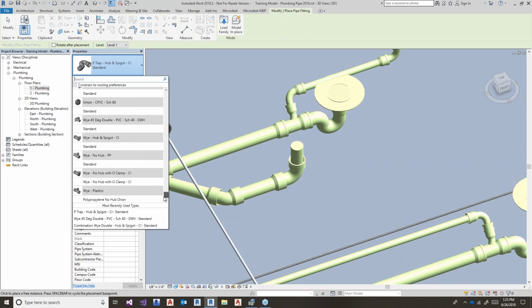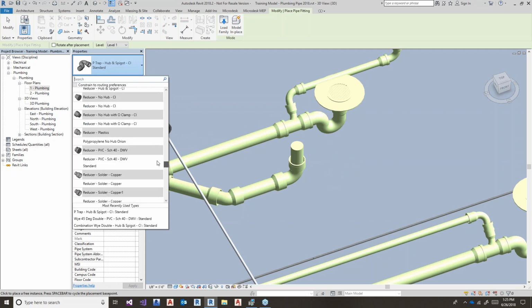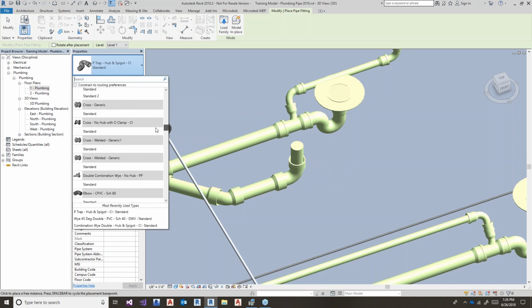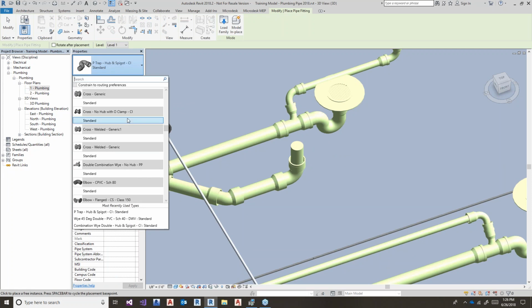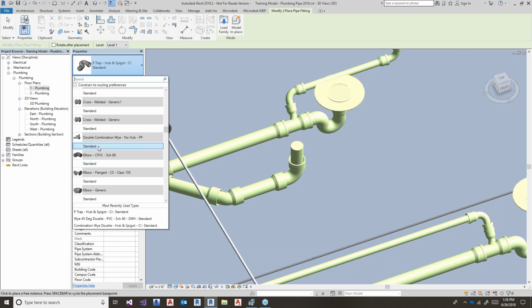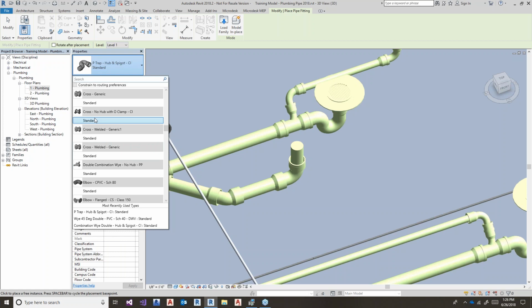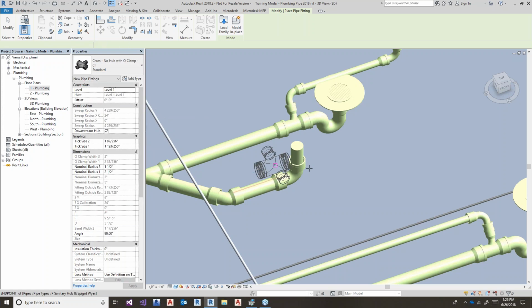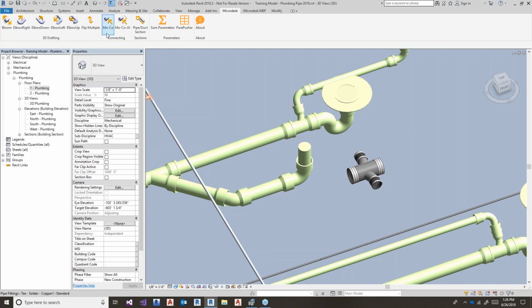And we're looking for some type of cross. I see a polypropylene version. I see a no hub. So I'm not finding my cast iron. So maybe for the sake of speed, we're going up above ground now. So maybe this makes sense that we put a no hub in. So I can put in something like that, and then I use my Move, Connect, Align